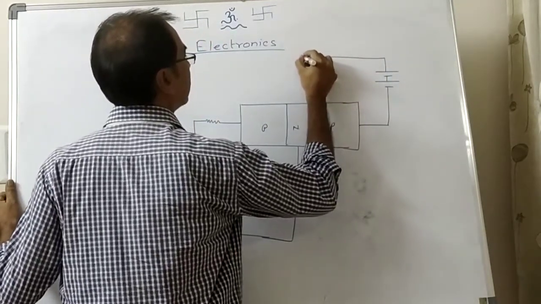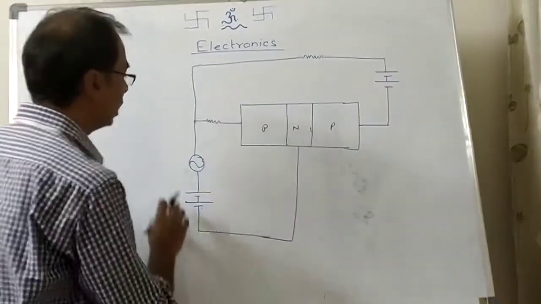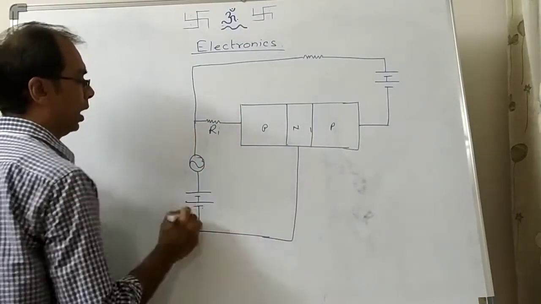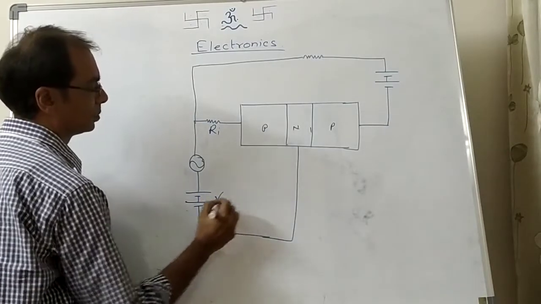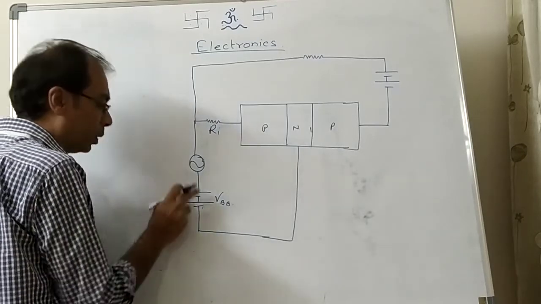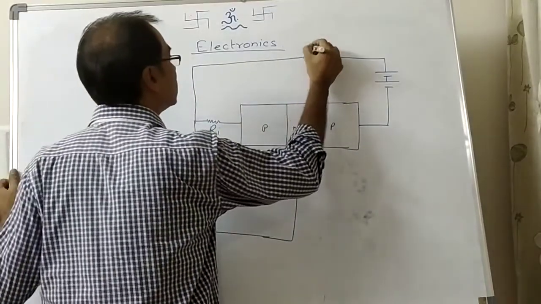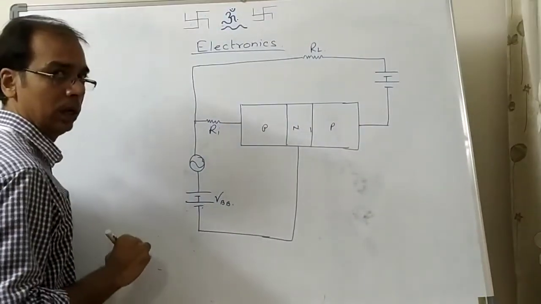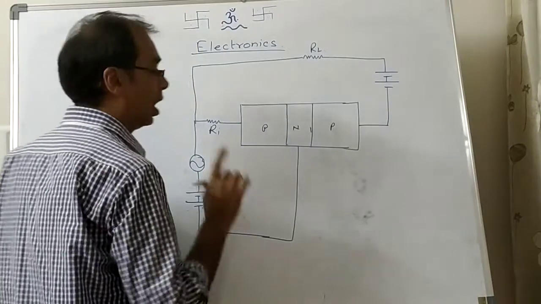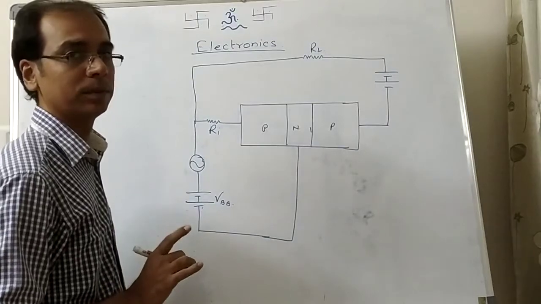One resistor we will make here. So this is the input, this is what we are giving as input, and this is VBB. So what happens here? This input, with the help of this, is amplified and we are going to get it across this. This is RL. In common emitter, the phase of input and output changes by 180 degrees. Output voltage is 180 degrees out of phase with input. That we have to remember.